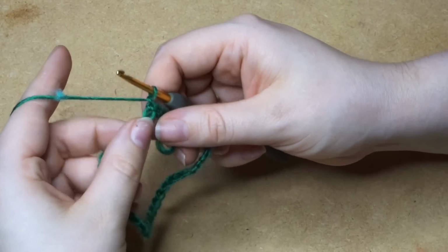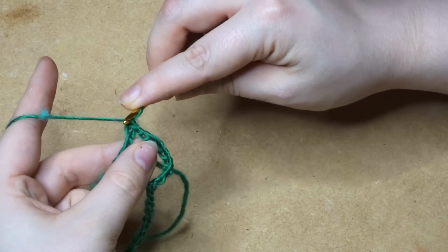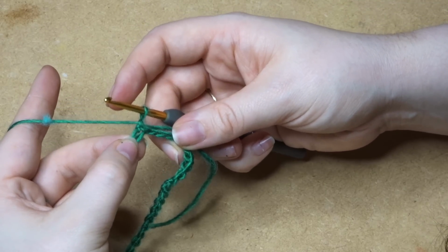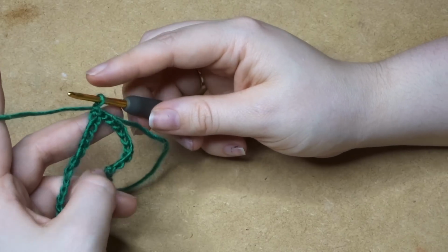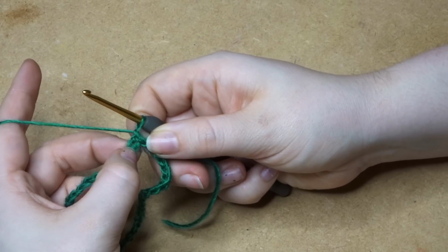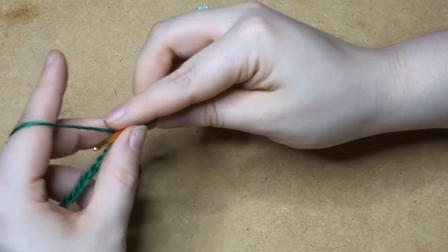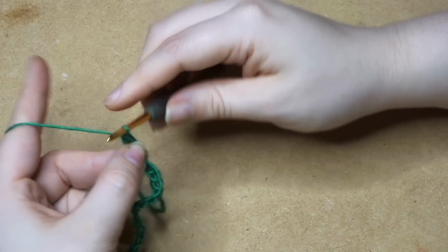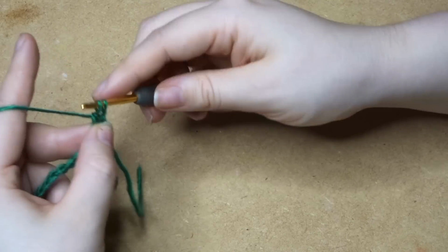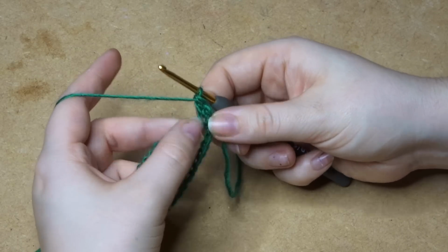So in this very first chain right here, that's where we're going to put our first stitch. We're going to be doing double crochet at the moment into this very first chain, and we're going to do 2 into there. So 1 and 2. Now we're going to chain 1,